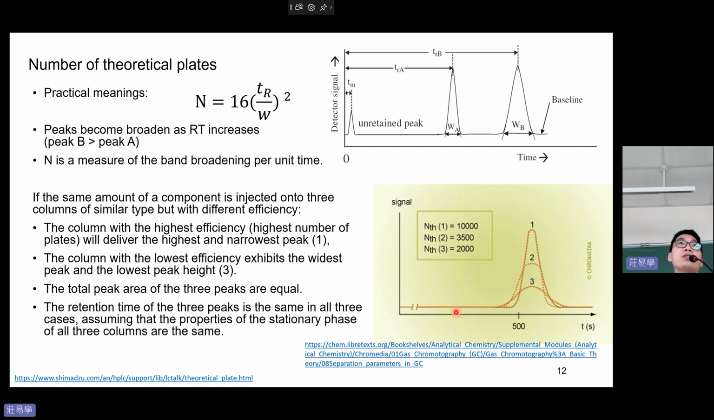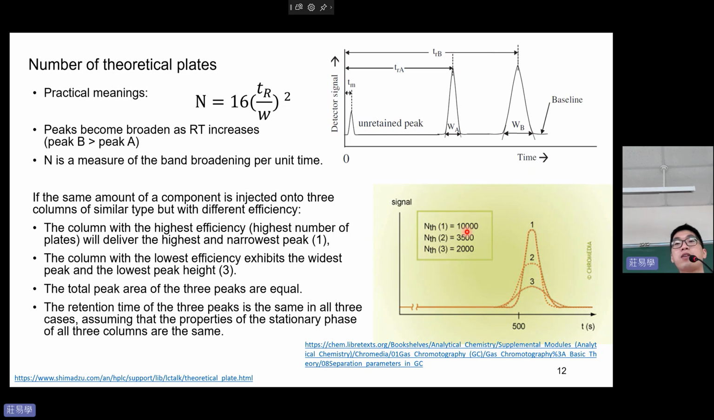所以大家看这个图的话，很明显哪一个 column 会有比较高的 theoretical plate number？记得哦，theoretical plate number 代表一个 column 的 efficiency。column efficiency 越好，代表它能制造出来的 peak 就越 sharp，越窄越 sharp。那哪一个 column 的 plate number 比较大，比较 sharp，所以是 column 1。然后接下来 column 2，再来 column 3。So we can see that the theoretical plate number for